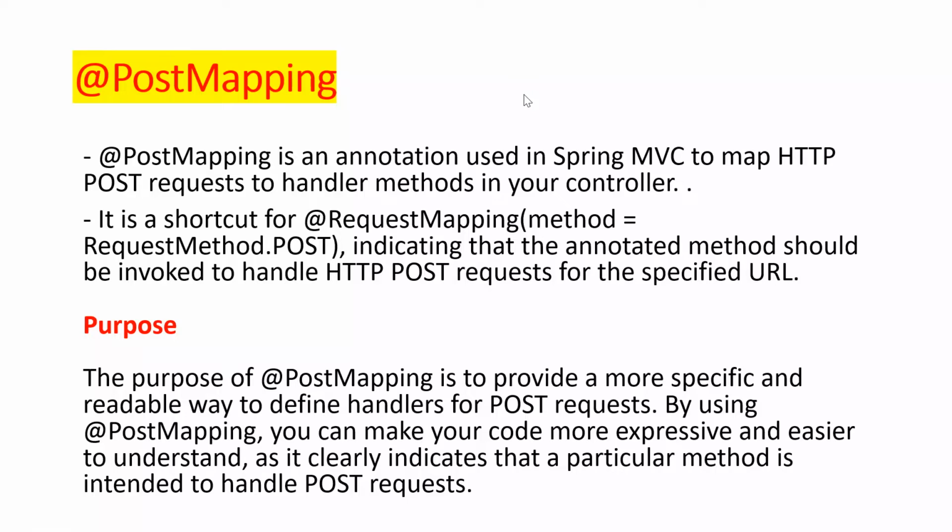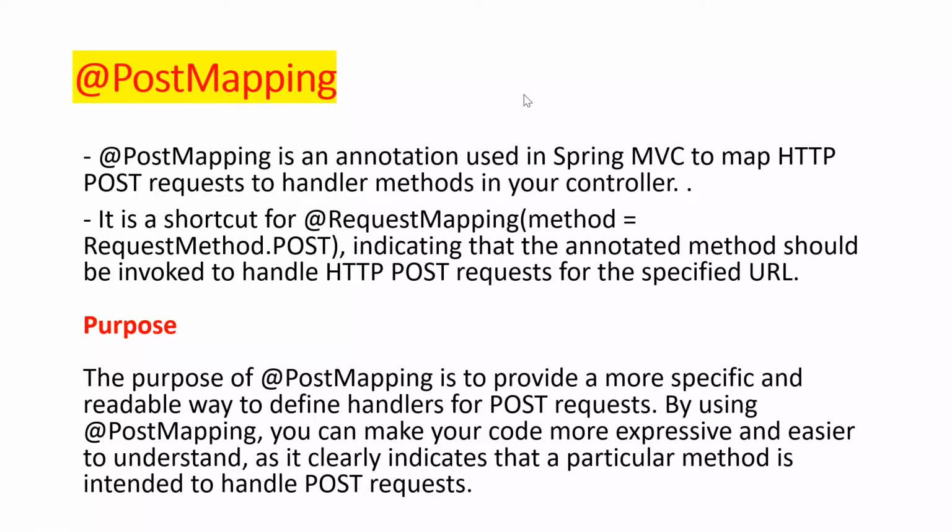So let's say if we have to call any endpoint with the HTTP POST method, then we mark those endpoints with @PostMapping. So it helps to identify to the Spring container that this endpoint is associated with a POST